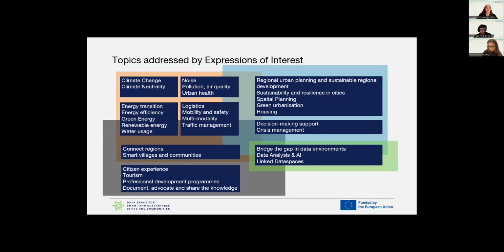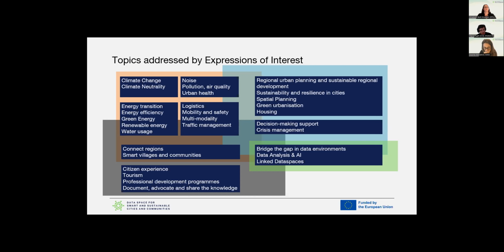You can see that they overlap, but we had a lot of proposals, a lot of interest that addresses, on the left, climate change, pollution, health, and then this, of course, goes to questions about energy, about transition, about green renewable, and also other resources, not just energy, water, for example. Then everything around mobility, logistics, multimodality, traffic, and so on.